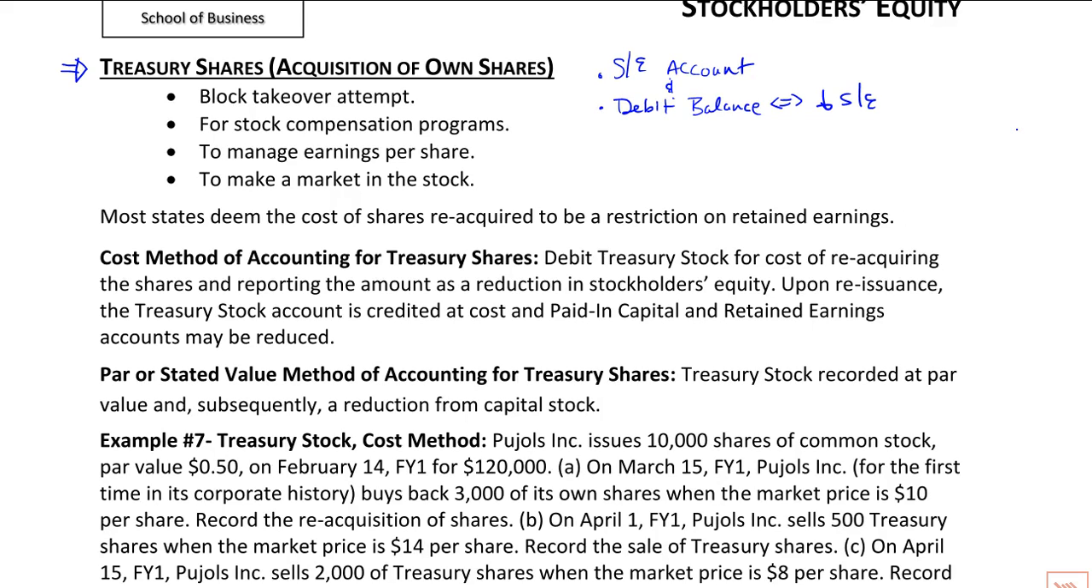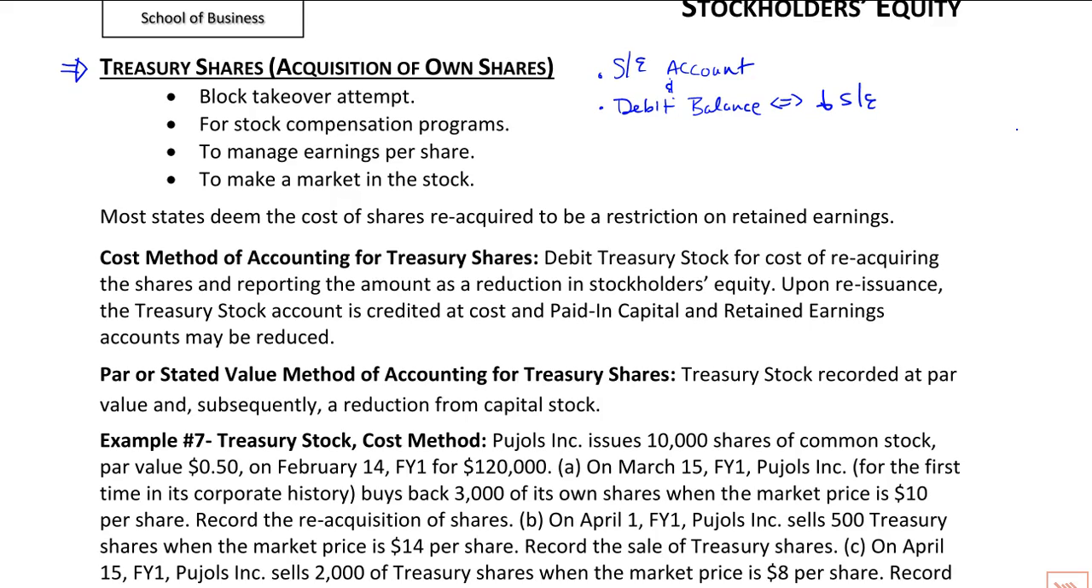You can do it to block a takeover attempt, to try to drive up your price per share and make the takeover attempt unattractive. For compensation programs, it's a big reason to do it. A lot of stock is purchased by the company just to give it to management for stock option compensation. To manage earnings per share, and this has been documented in the accounting literature, if you can't adjust your net income in the numerator, some firms might time their repurchases